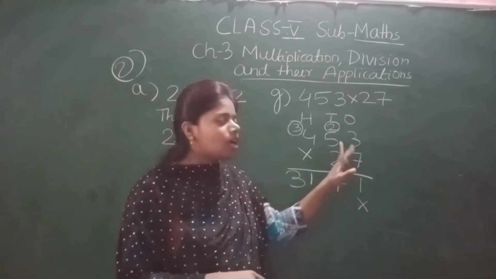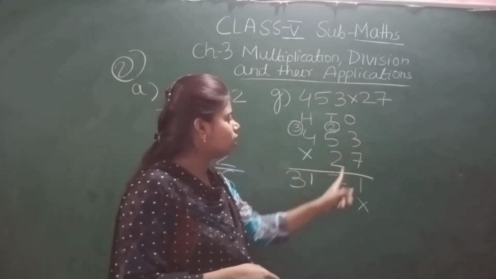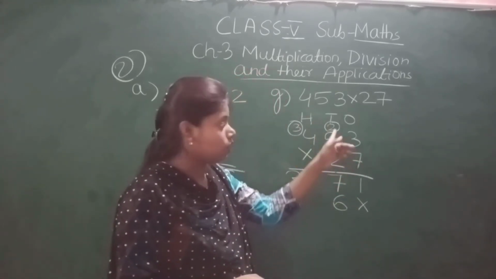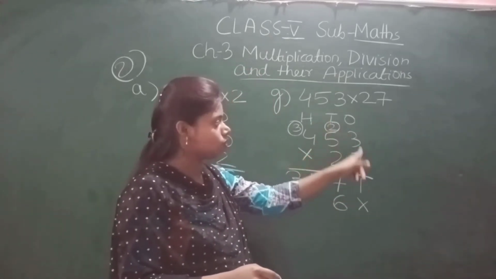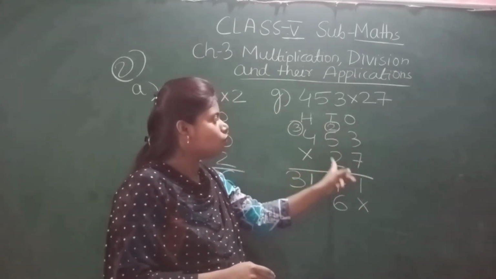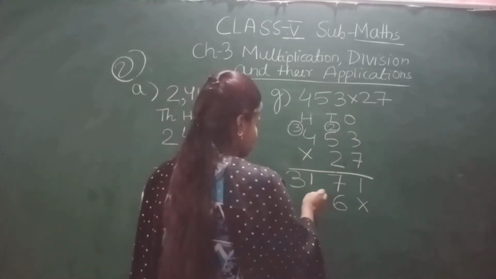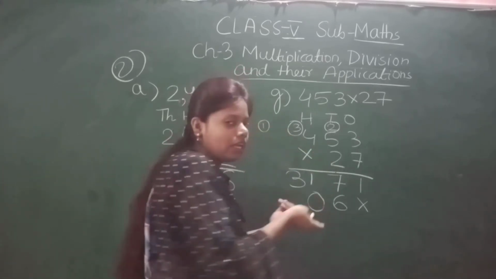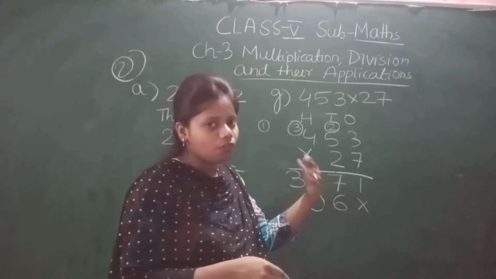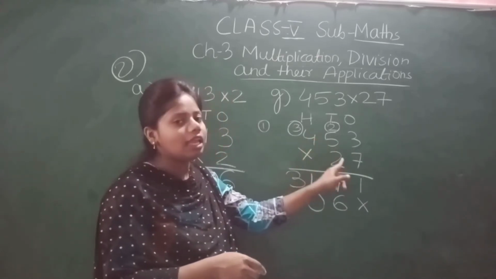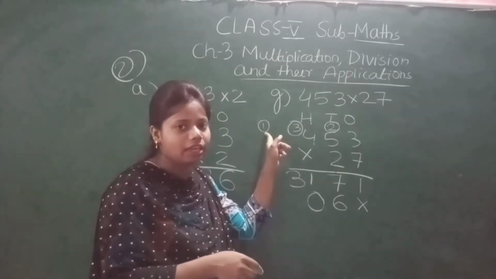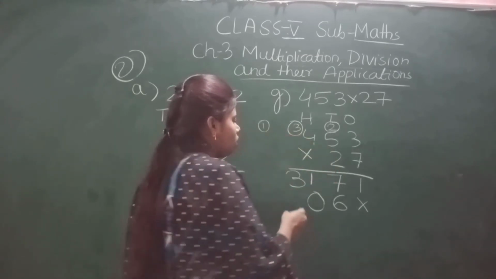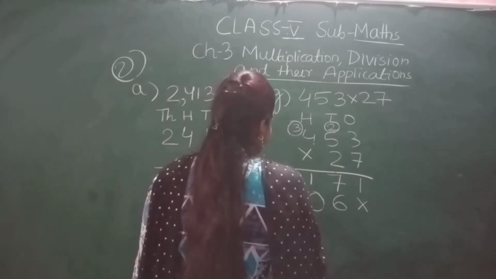Okay, now let's start. 2 threes are 6. 2 fives are 10. Don't add this, this was for 7. 2 fives are 10. So write here 0, 1 we will give as carry. You can write it separately so that you will not forget. And 2 fours are 8. This was the carry, plus 1. It will become 9.